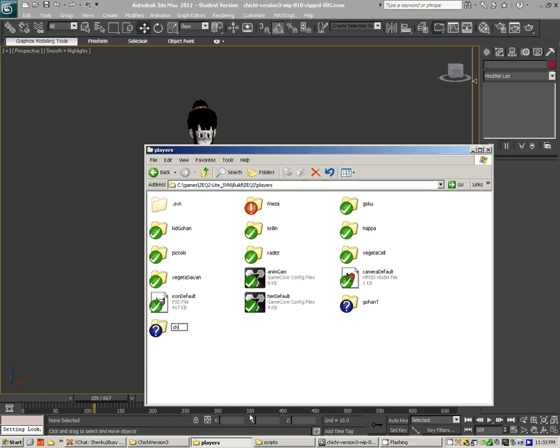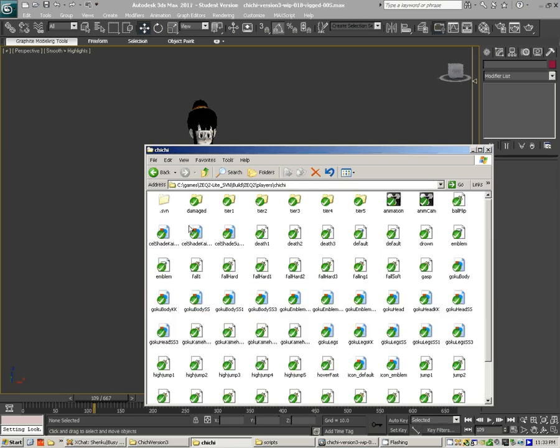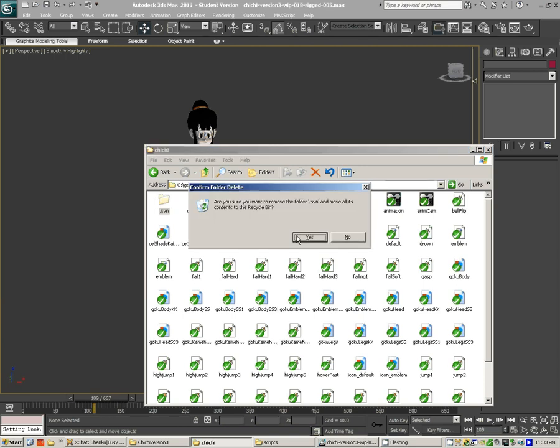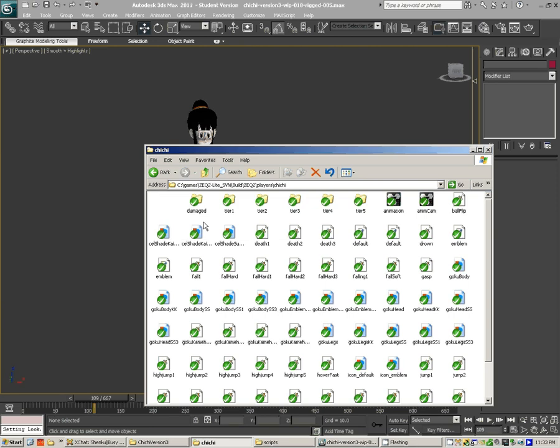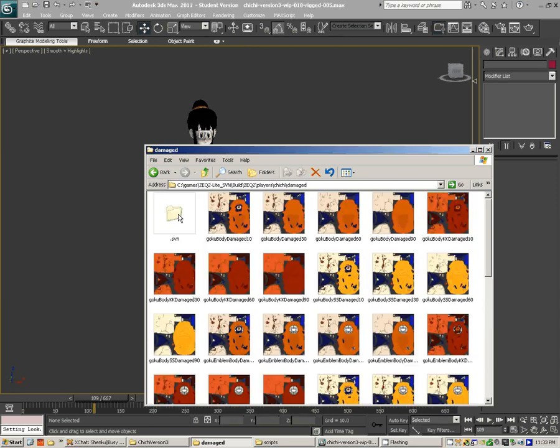Now pause real quick while it copies. Okay, it's done copying, so I'm going to rename this folder Chi-Chi. Hit enter to confirm the rename. Pull this open, and I'm going to delete the SVN file here